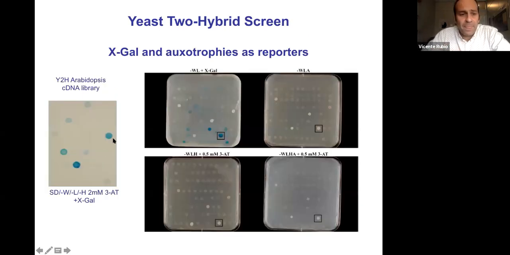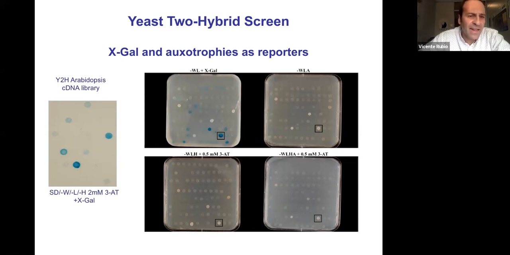This is an example of a yeast two-hybrid screen performed in our lab, actually by Monica, that we'll talk about later, in which she screened a yeast two-hybrid Arabidopsis DNA library against her protein of interest, and she used two different reporter systems to identify proteins that interacted with her bait. And you can see here that there are yeast clones growing in the media lacking these two amino acids, tryptophan and leucine, but also we can combine it with adenine and histidine for more